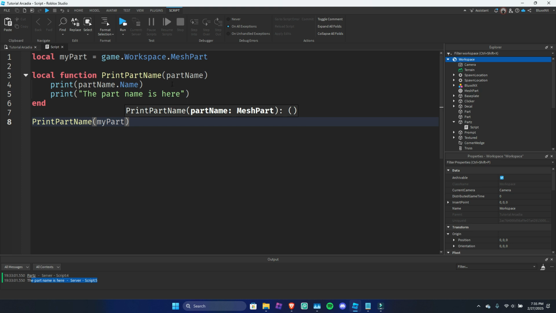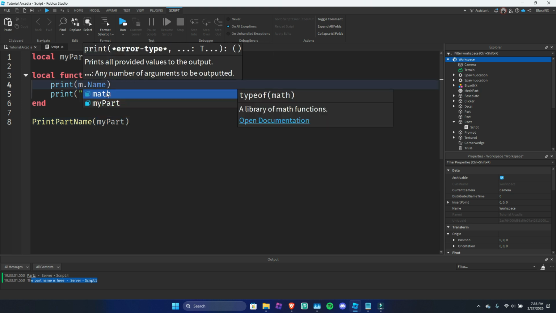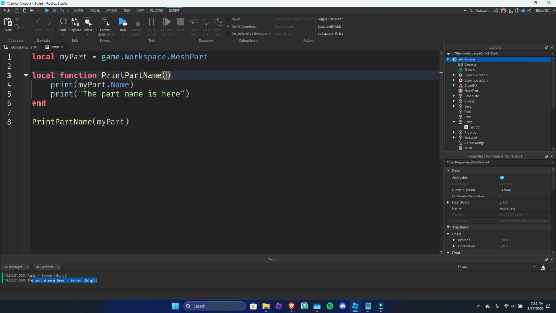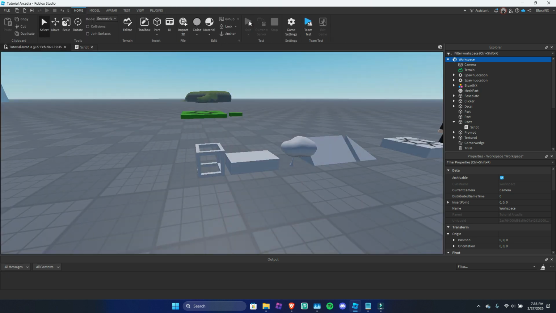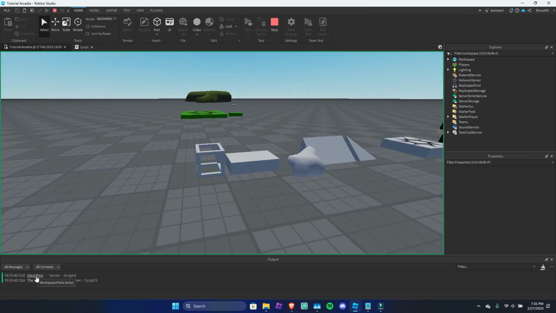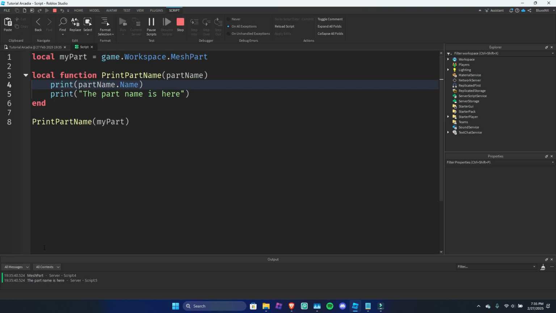And what this will do is we'll replace the part name with my part, because it's the same position as part name. This is basically just doing my part without the part name, since we're calling it here and replacing part name with my part. I know this may sound a bit confusing, but I hope you understand this. So now if we run the game, it'll actually say mesh part, because that mesh part is relating to the